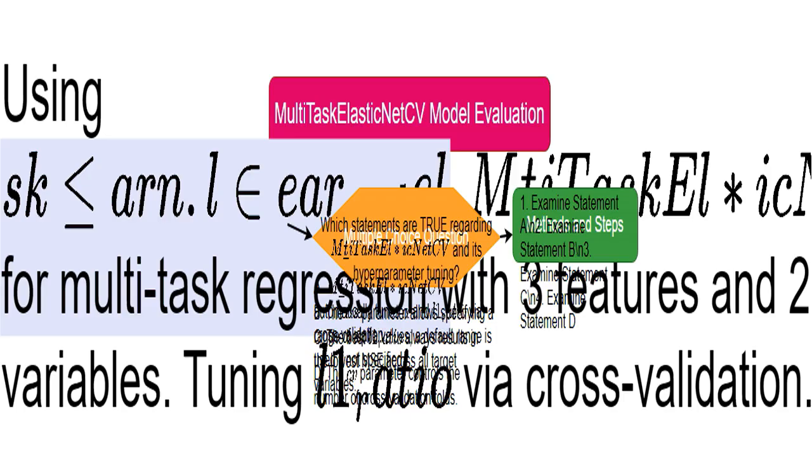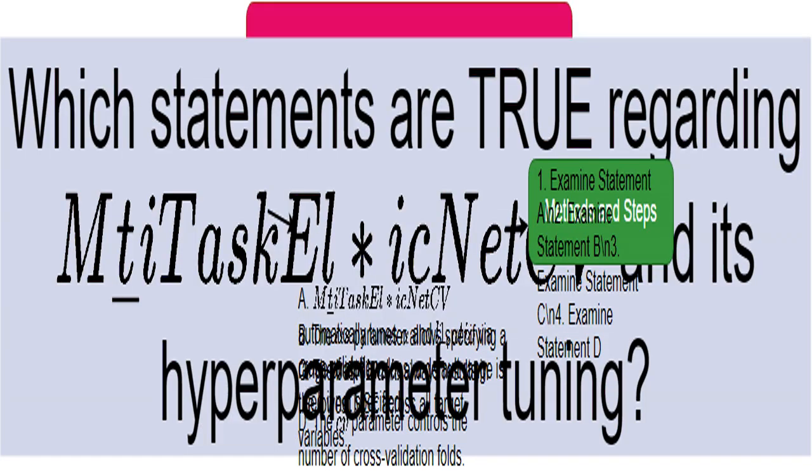The question focuses on the MultiTaskElasticNetCV model and its hyperparameter tuning. I specifically need to understand how this model works with cross-validation to find the best settings. Think of it as trying different recipes, hyperparameters, to achieve the best results. I'm presented with 4 statements about the model's behavior. My job is to identify which statements are correct, which requires me to understand the model's parameters and hyperparameter tuning